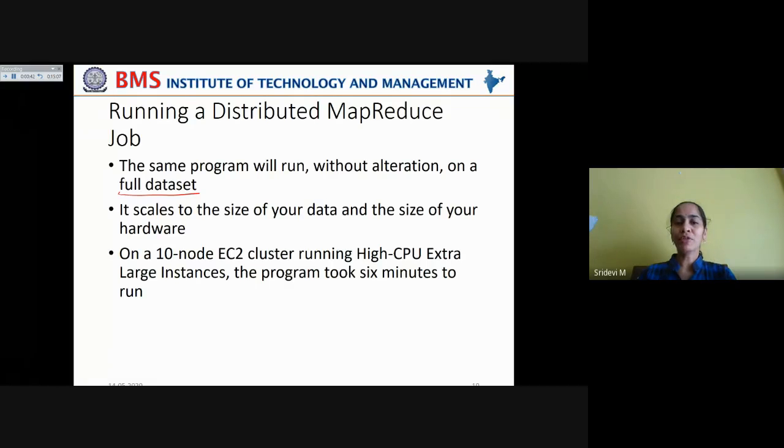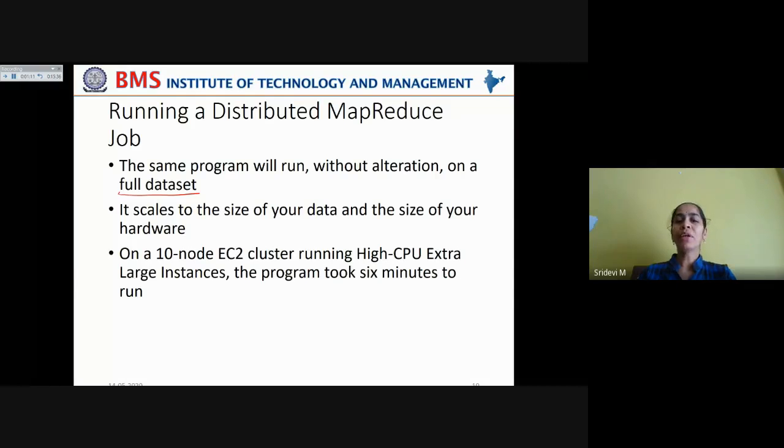Now, this MapReduce job can easily be scaled according to the size of your data and the size of your hardware, how many machines, how many nodes you are actually running on your HDFS cluster. Now, on a 10 node EC2 cluster, that is Elastic Compute Cloud cluster, running high CPU extra large instances, you are using the maximum available capacity of the cluster.